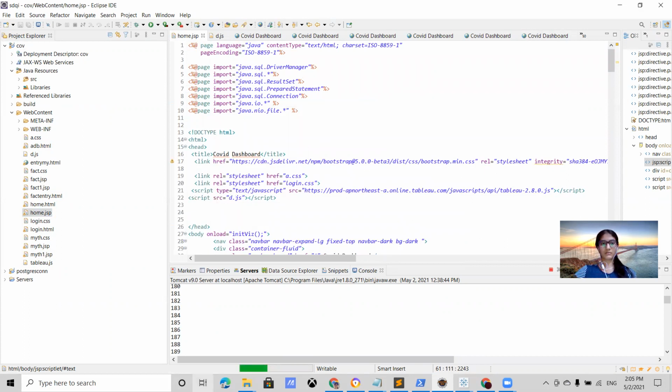This is the place where we linked it with the Tableau JavaScript API. And this is a script where we have written the script code for Tableau, that is t.js. So let me open that.